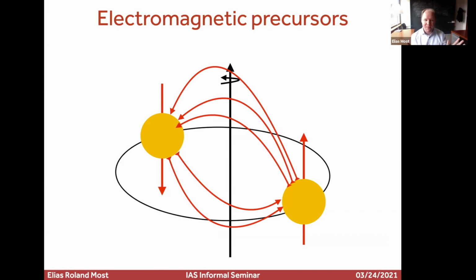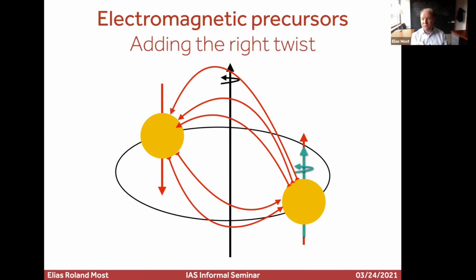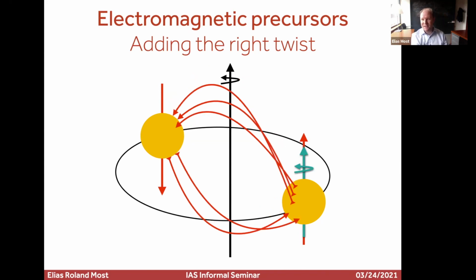And now it gets really interesting, because even in an irrotational system, if you follow the motion of the stars, in the co-rotational frame, they have an effective spin. But for the present purposes, just think of one of the stars as spinning. At that point, the magnetic fields will behave like rubber bands. If you put that between your fingers and on one side, you start to twist the rubber band, you transfer rotational energy from the twisting motion into the rubber band. And so the idea will be, can we tap into the energy budget from the orbit or the rotational energy budget from the star? Can we temporarily store this by twisting the field lines in the magnetosphere? And then when we have this funny reconnection phenomenon happening, you can liberate part of the energy and you get this burst out. So that's kind of the main mechanism here.